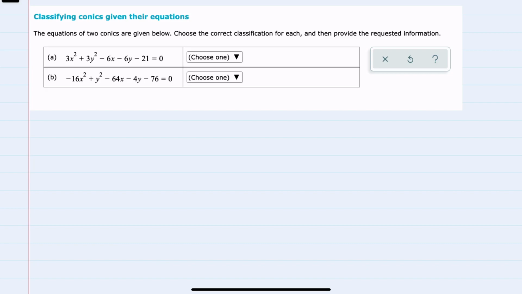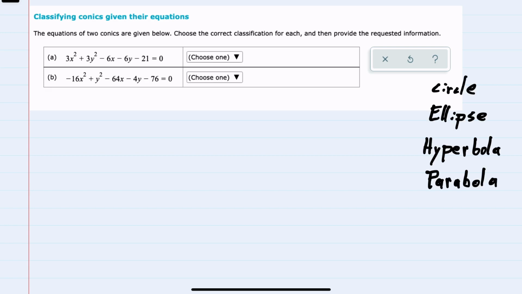In this video, I'll be helping you with the ALEKS problem type called classifying conics given their equations. Here we're given equations for conics in general form, and we're classifying as either a circle, ellipse, hyperbola, or parabola. And actually I'll start with parabola because that will be the easiest one to identify in any form, because for